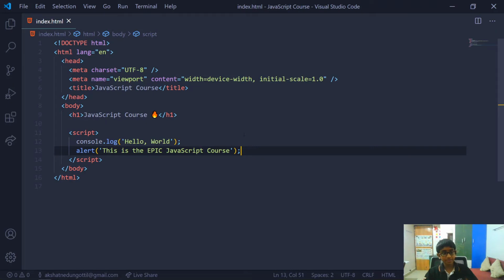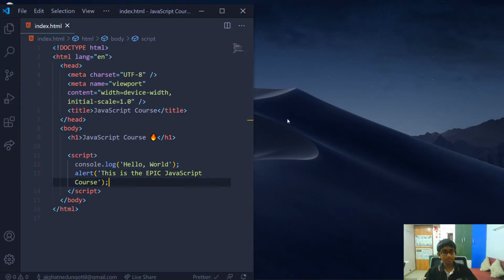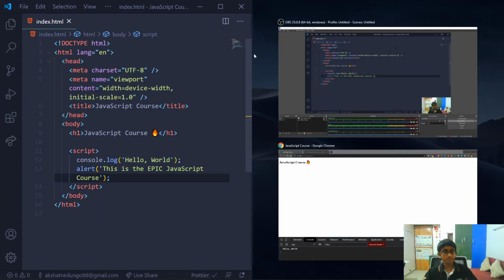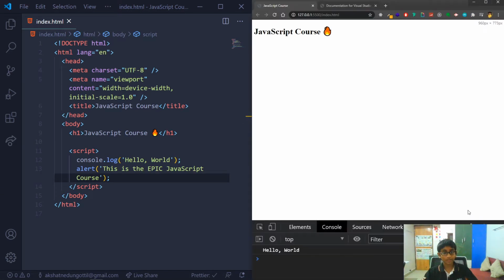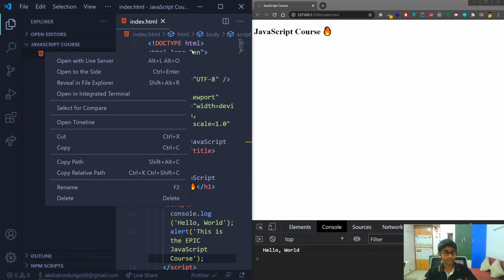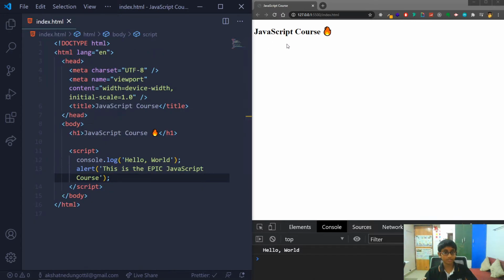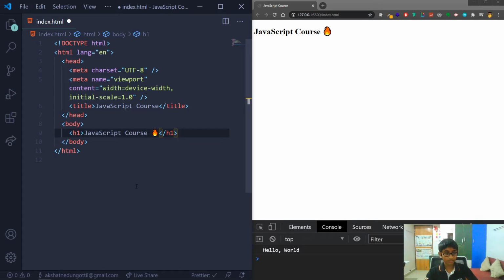So what I have here is the project that we built out from the last video. Okay, so I'm going to move this window over there, and I'm going to have my actual app open on the side. I just opened it up with the live server. So right click, open with live server, and that's just going to open this up, right? Nice. Now what we can do is get rid of the script tag, and